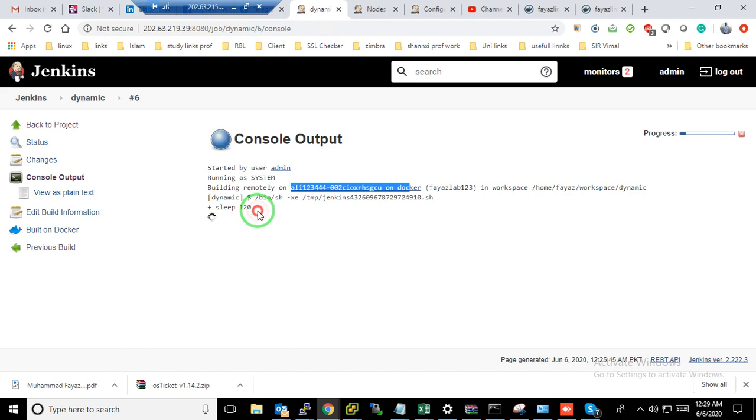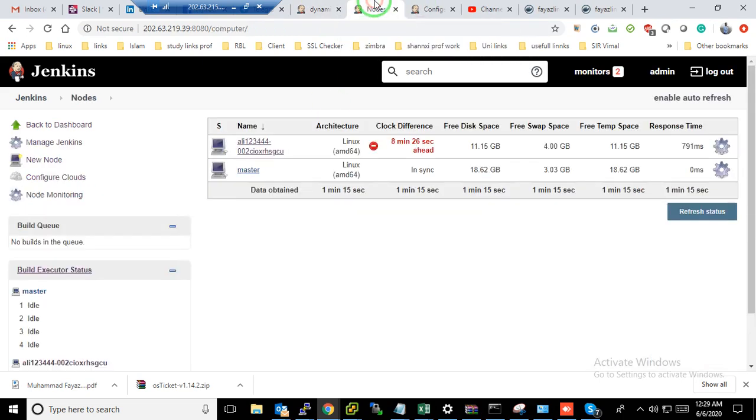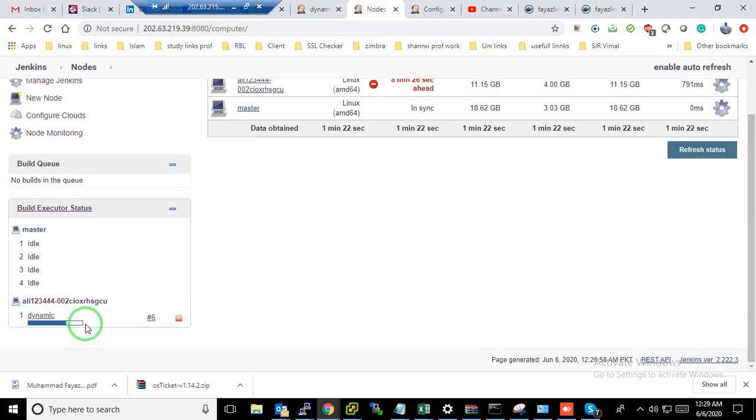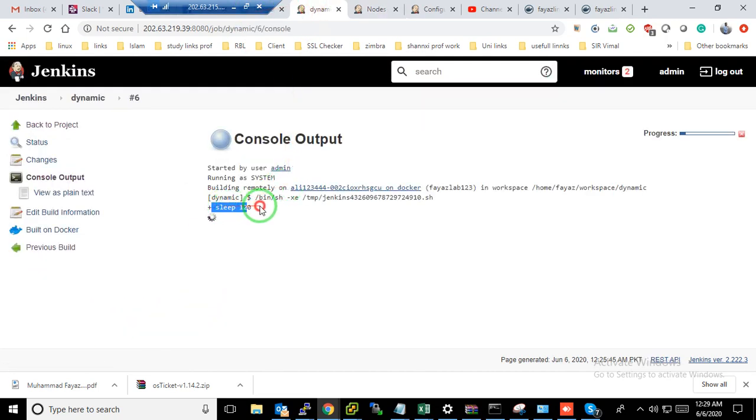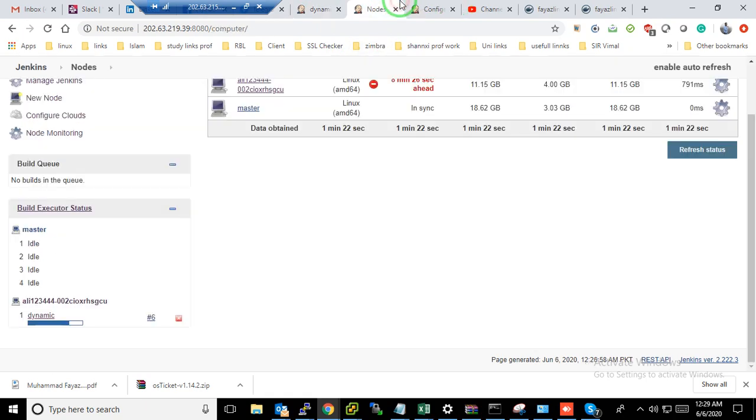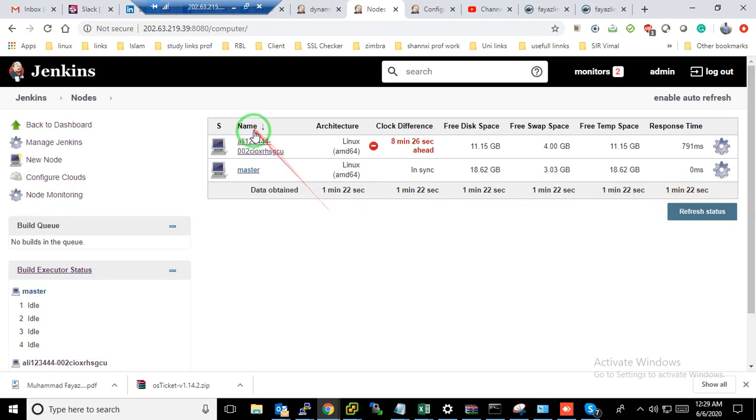Once the job has ended, my dynamic executor is still running, because I have the job sleeping for 120 seconds. We can write any command over there, and it will run on my Docker.